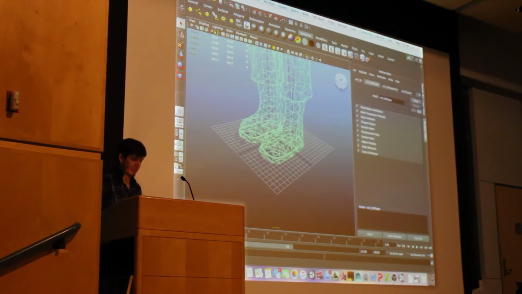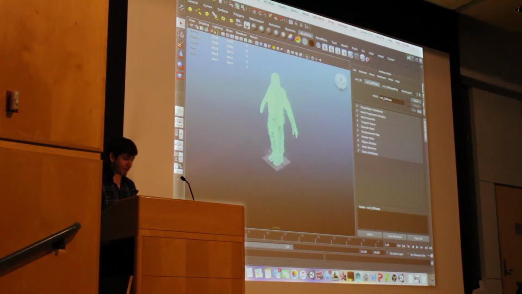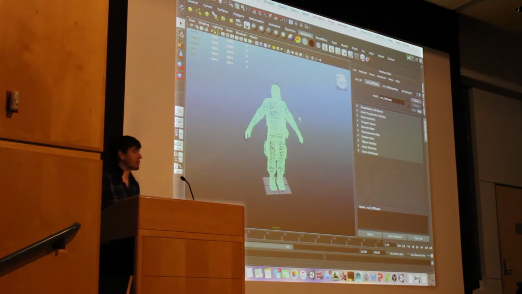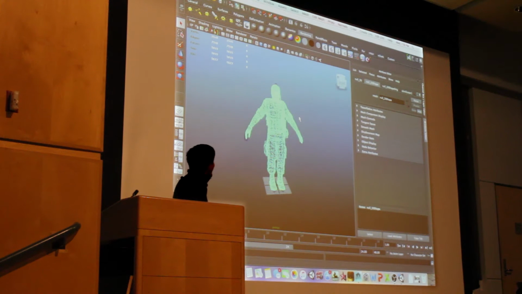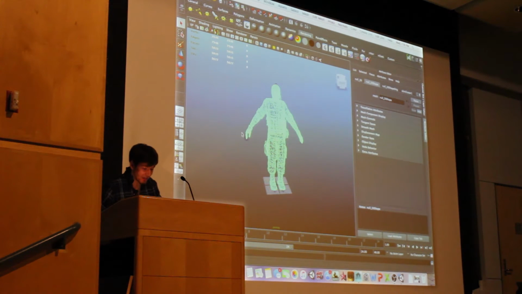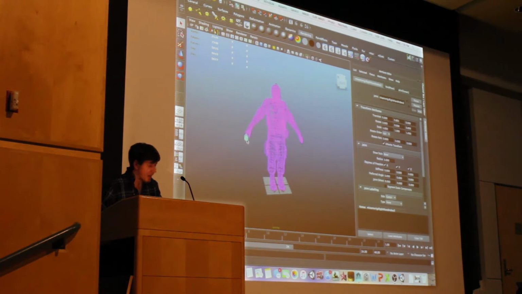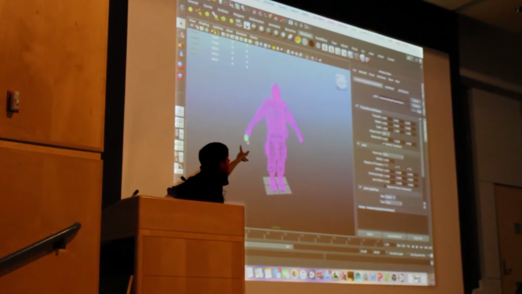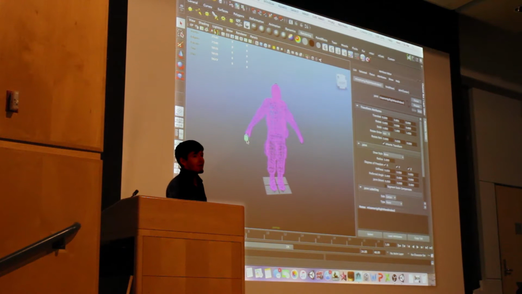You can see it's importing it. So this is the wireframe of a 3D model that's going to be one of our characters in the game. And each one of these blue things actually corresponds to a joint for the character. So when you render out an animation for a character, it uses joints that are actually compiled into game objects